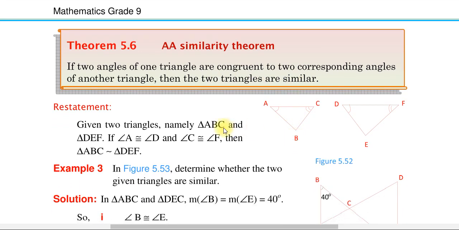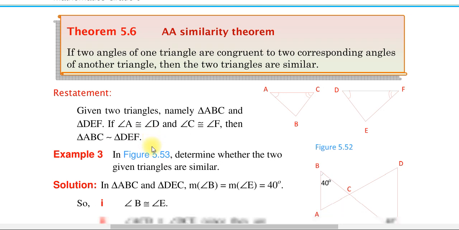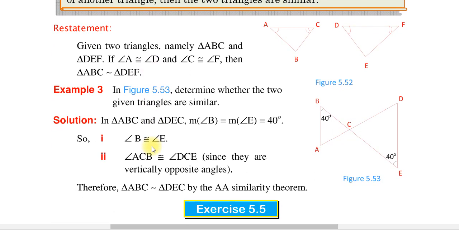For example, given two triangles, namely triangle ABC and DEF. If angle A is congruent with angle D and angle C is congruent with angle F. Angle C is this and this is angle F. So if those two angles are congruent, then triangle ABC is similar with triangle DEF ብለን conclude እናደርጋለን ማለት ነው።